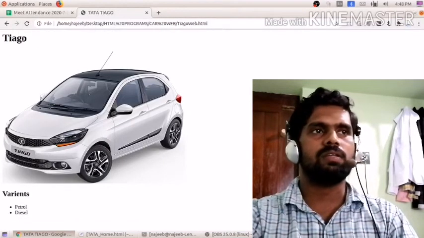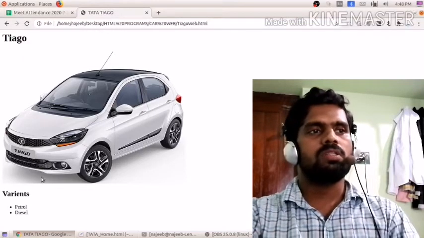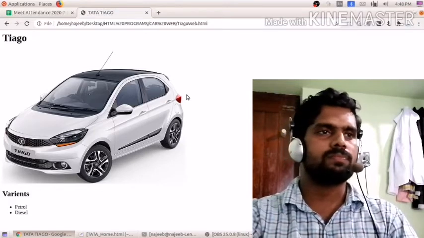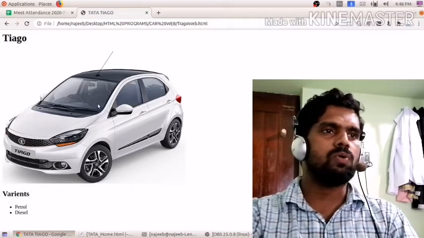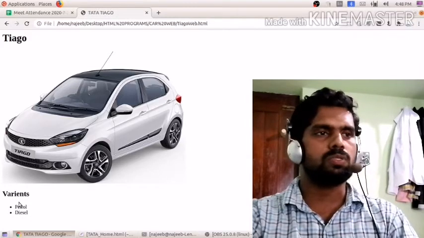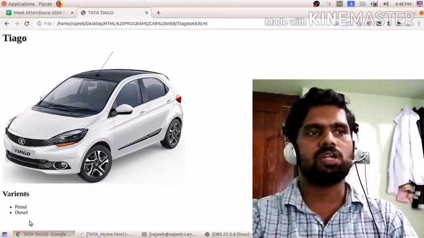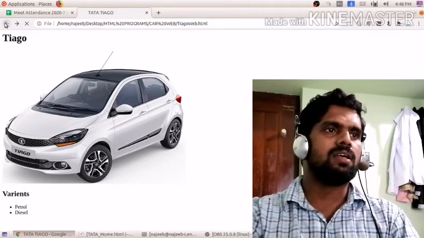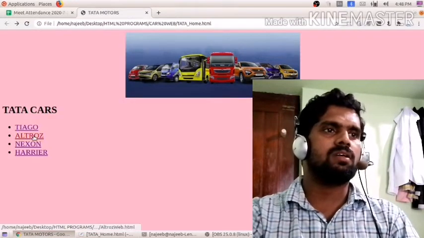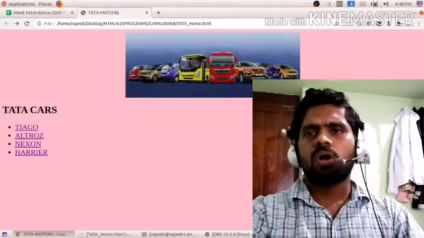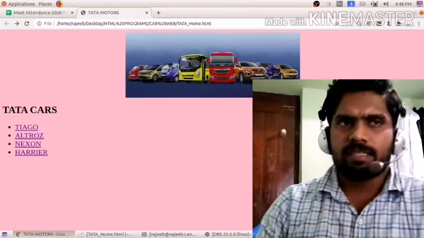Then one picture, that is the Tiago photo. Then Variants, a second level heading H2. Then petrol and diesel variants, this is also an unordered list. Other web pages can also be seen when clicking on them.